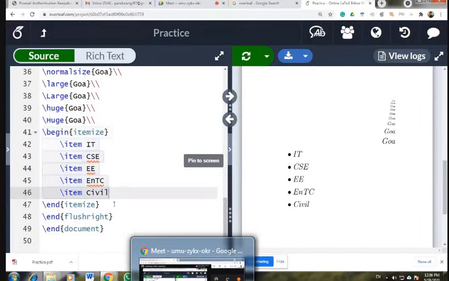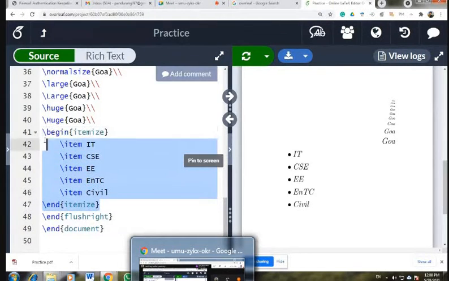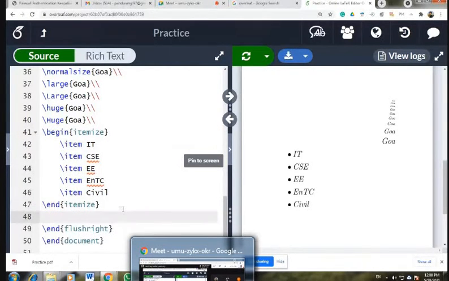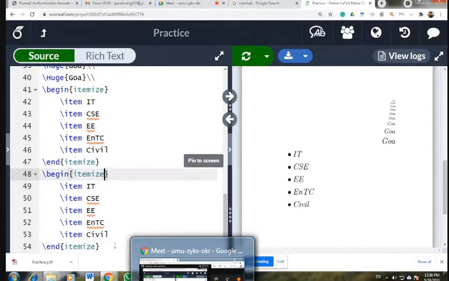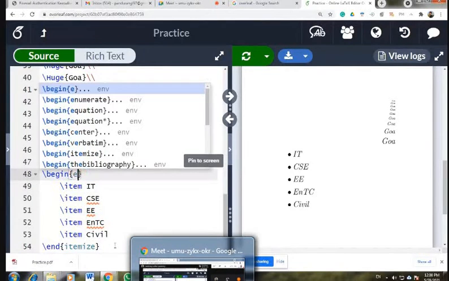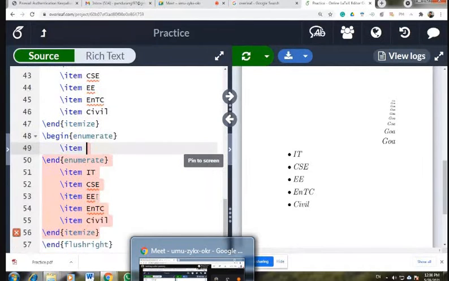Okay. And suppose you want to use numbers as bullets, then what you have to do is use enumerate as a command. You have to use enumerate. So within the environment, you have to write everything.